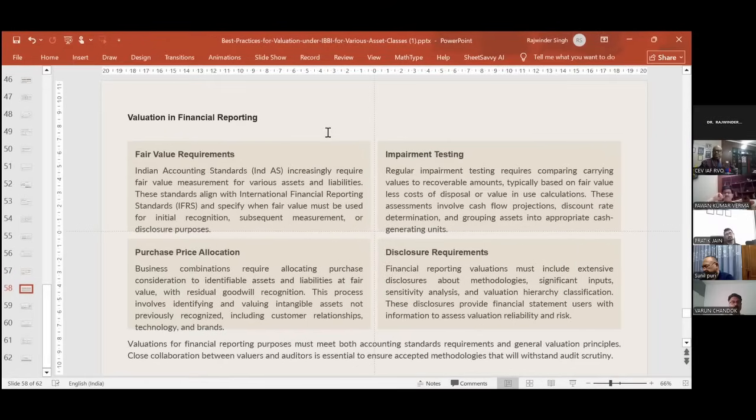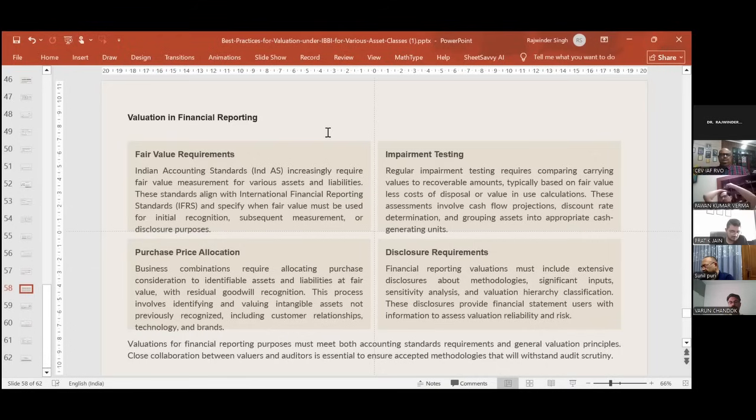Then for impairment testing, regular impairment testing requires comparing carrying values to recoverable amounts, typically based on fair value less cost of disposal or value in use calculations. These assessments involve cash flow projections, discount rate determination, and grouping assets into appropriate cash generating units. Then for purchase price allocations,